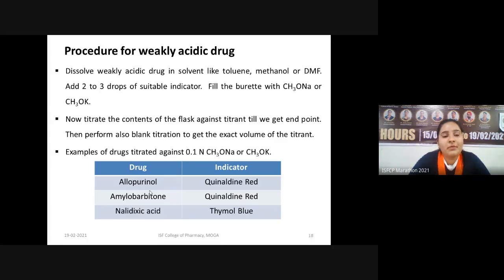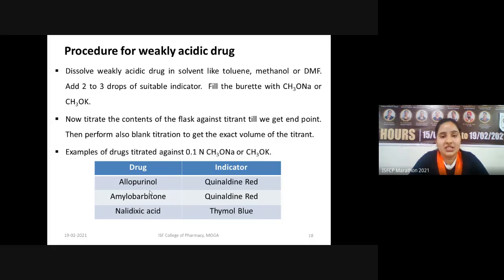After that, we will also be performing the blank titration. In the blank titration, we will not be using the weakly acidic drug. We will skip the addition of the weakly acidic drug and we will get the exact amount of the titrant which is used to completely react with the weakly